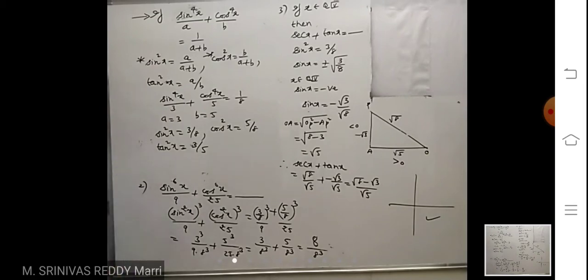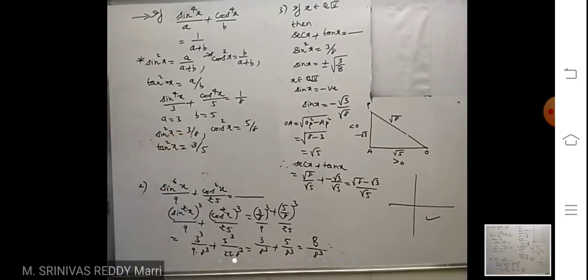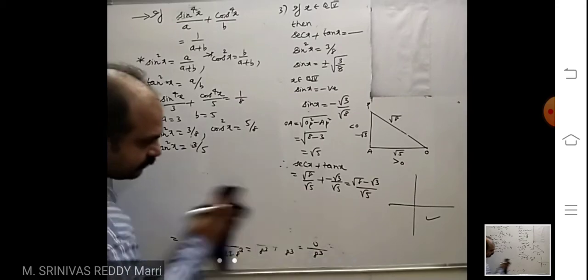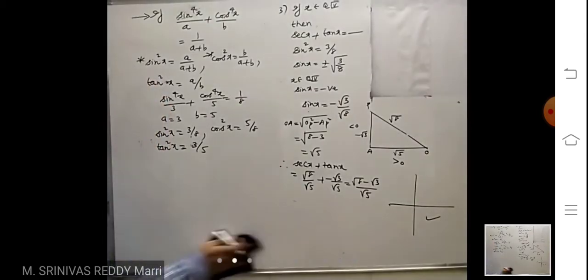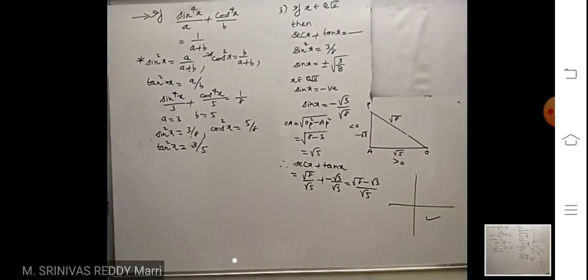Okay? So that is how to solve the problem in short method. And this problem you can easily solve because you know sine square is directly. So if you know this one, you can easily solve this one. Like that, this shortcut you can remember. It is a standard problem.